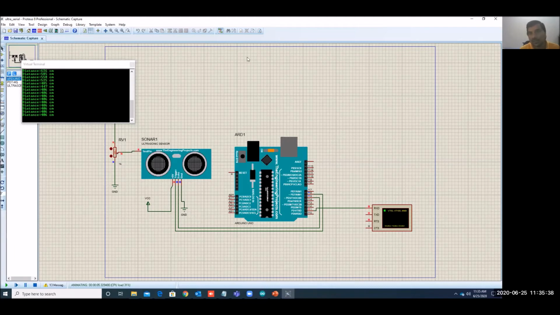Okay, so this is a kind of simulation. So we can do now, yeah, we can measure the distance. We can measure in meters also. We have to convert. We have to just put the formula. Okay. And one question is here, why do you take a delay of 2 microseconds?